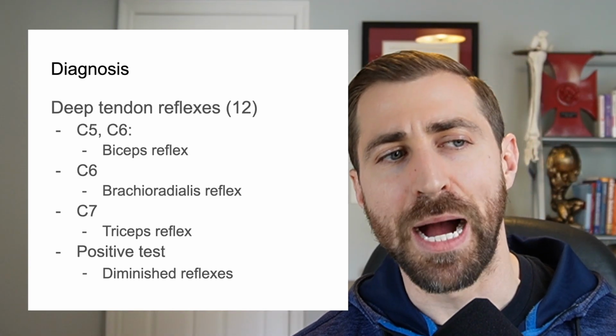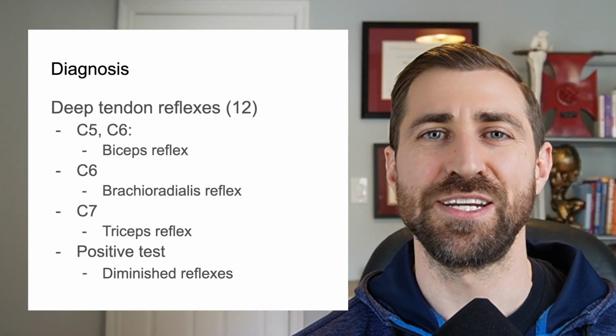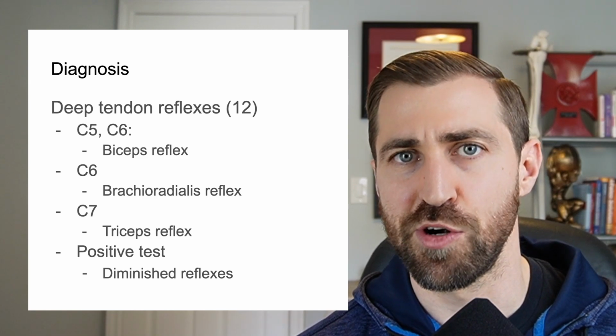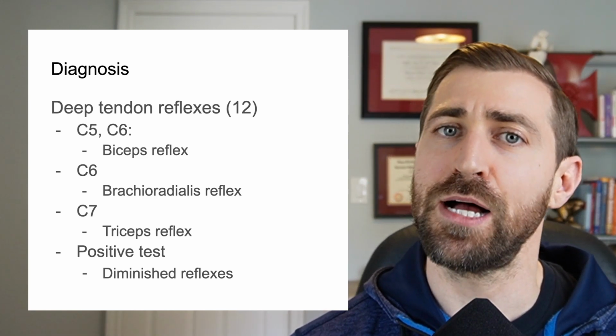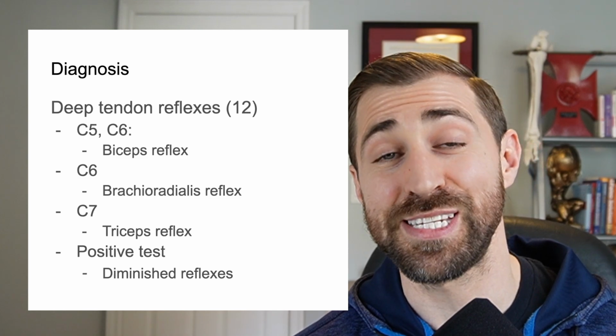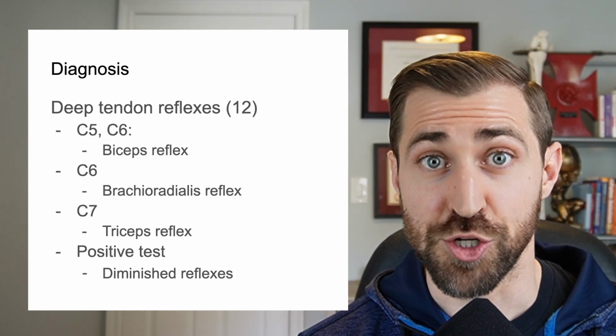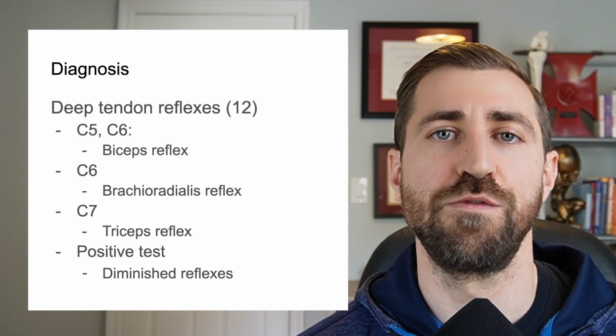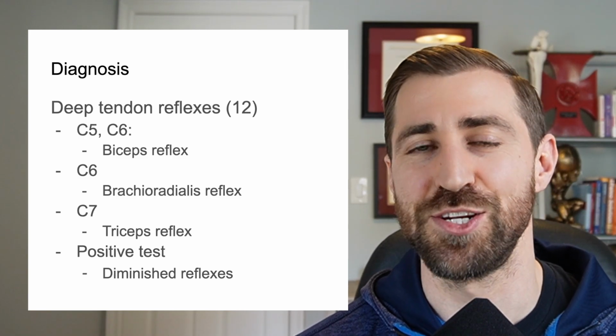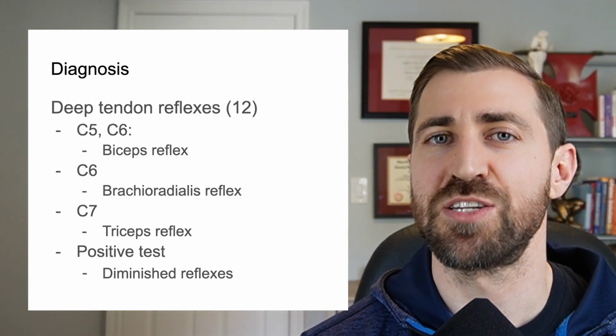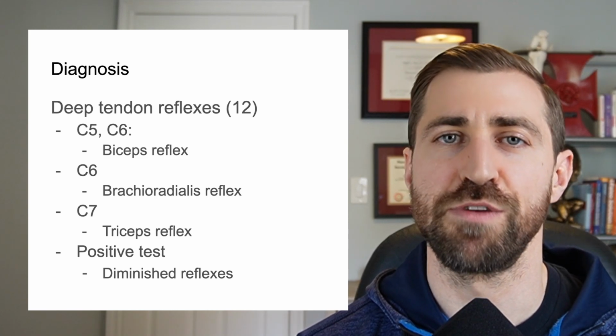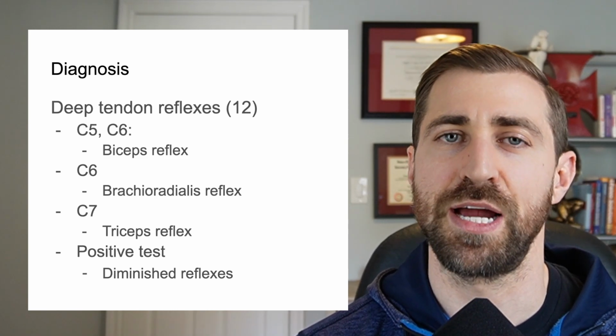So again, the biceps reflex is useful for diagnosing C5 or C6 nerve root injuries. The brachioradialis reflex is useful for diagnosing C6 nerve root injuries. And the triceps reflex is going to be useful for ruling in or ruling out C7 injuries. And lastly, a positive test is going to be a diminished reflex from left side to right side, involved to